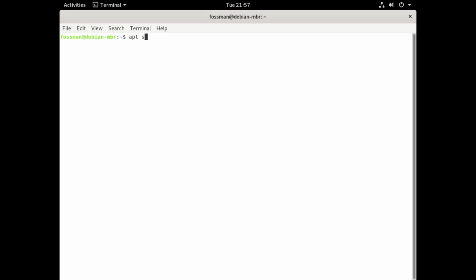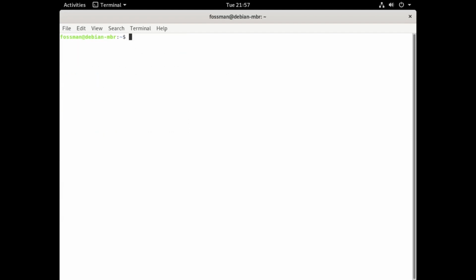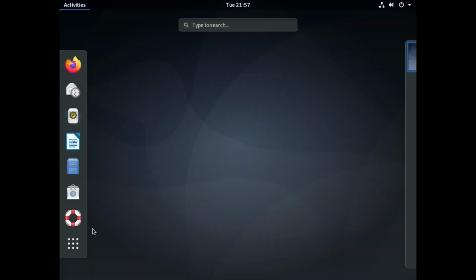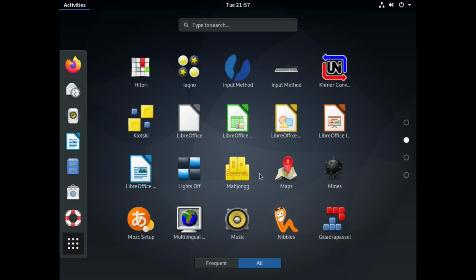So I go apt search nibbles. And there's nibbles right there, and it's showing as installed. So that looks good. And clear this, maybe exit. And open up the application menu and see if you can find it in there. Yep, and there it is right there. I'm not actually going to launch it, but everything definitely looks okay, as I've never really launched any of these